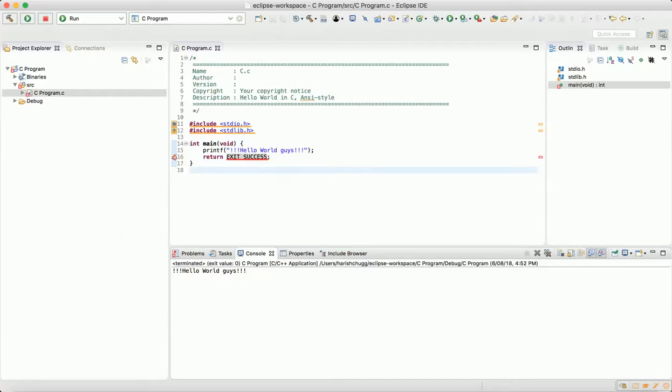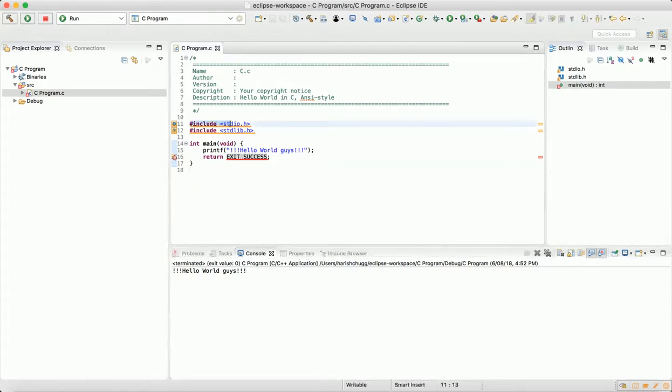Friends, in this program I'm just explaining a simple understanding of a C program. It's a hello world program in C, and this will give you just a basic understanding of how a C program works. In this program we just include the stdio, the standard input output header file, and then we add the main function